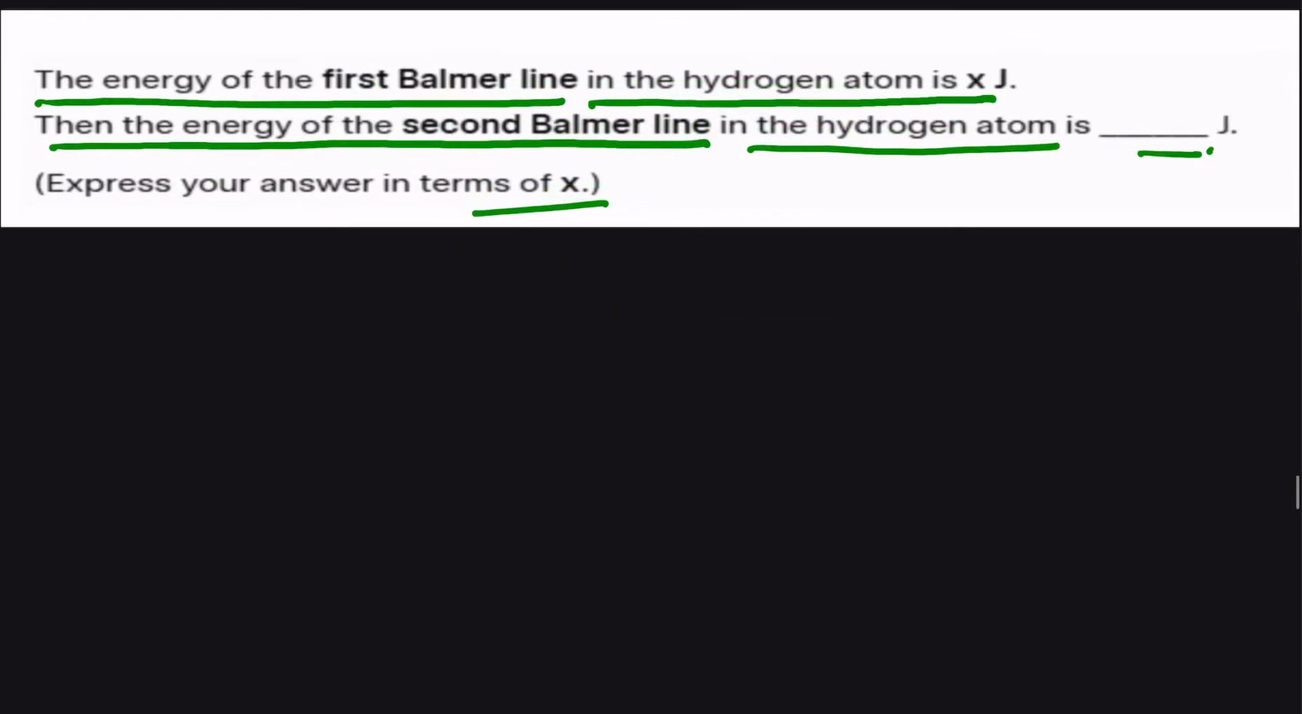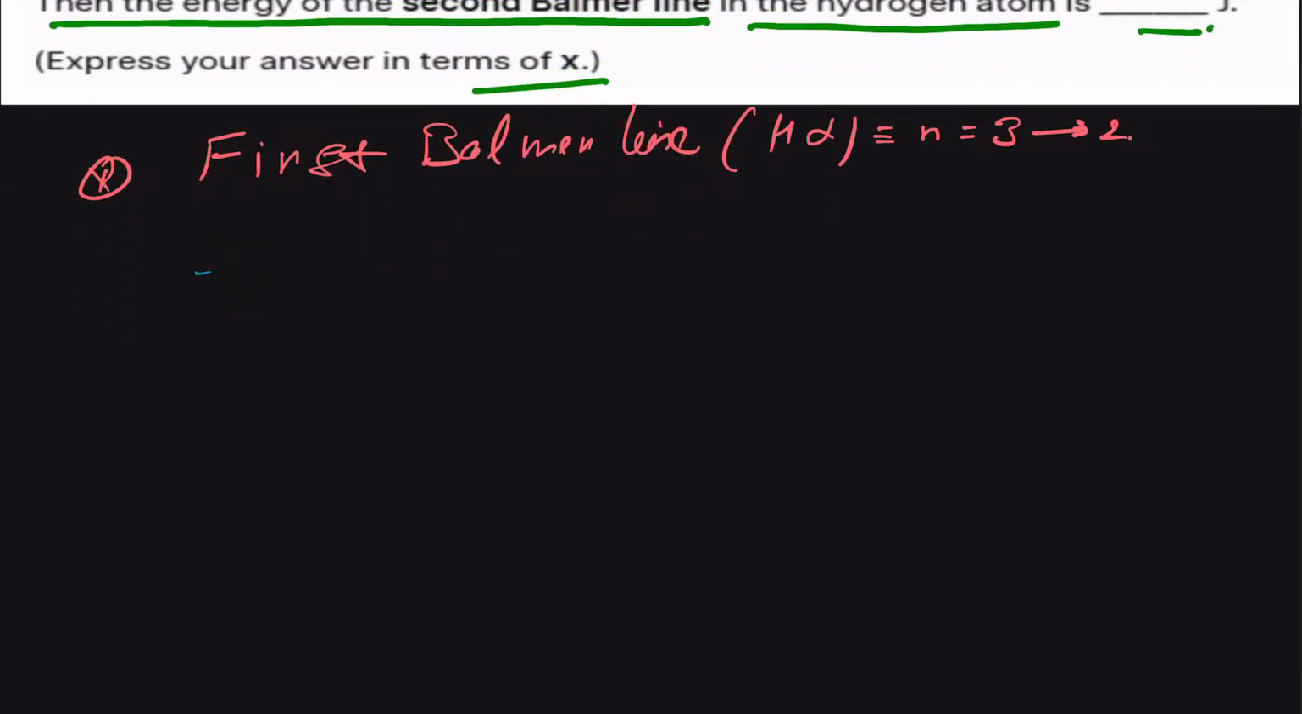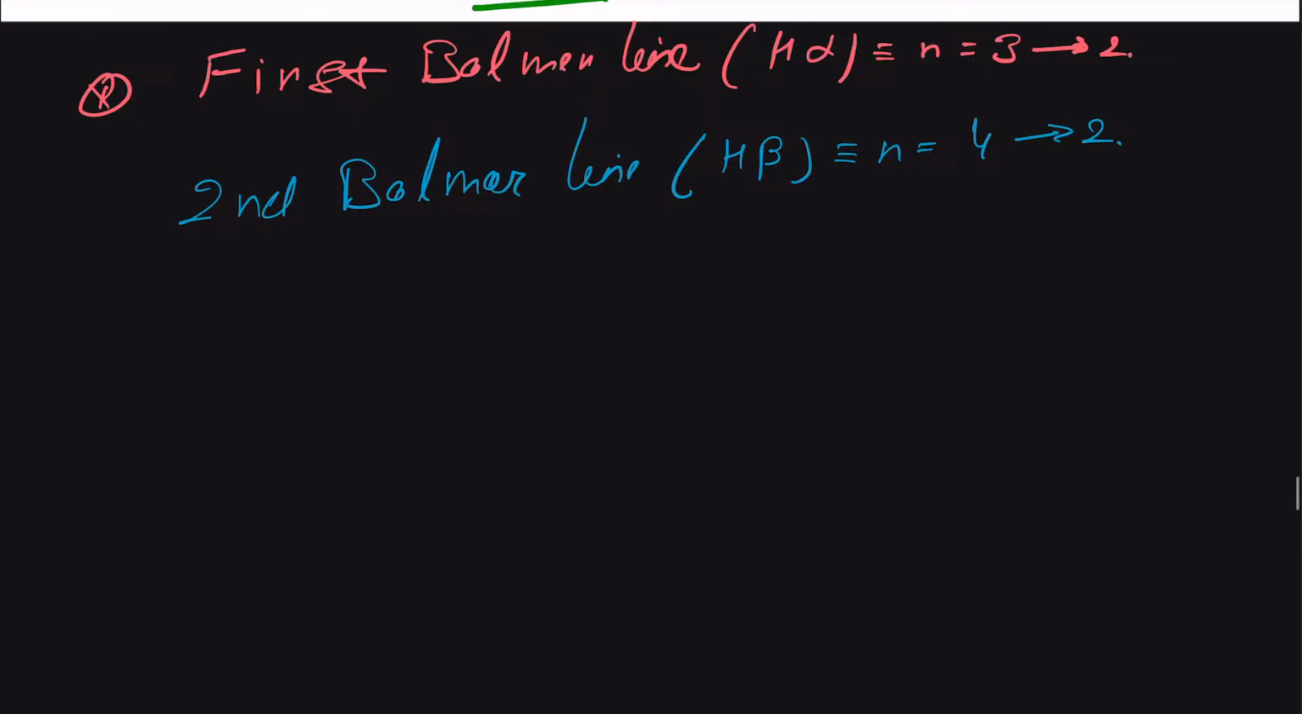Okay, so we are given that the first Balmer line, which we can also call in terms of alpha, is for n which goes from 3 to 2, and we are having the second Balmer line, and that is sometimes in terms of beta, and in this case the n is from 4 to 2, from the higher level. And now we can write the energy emitted by the photon,